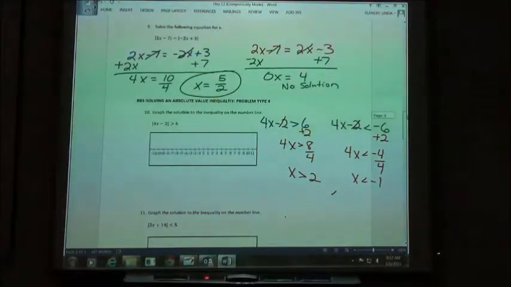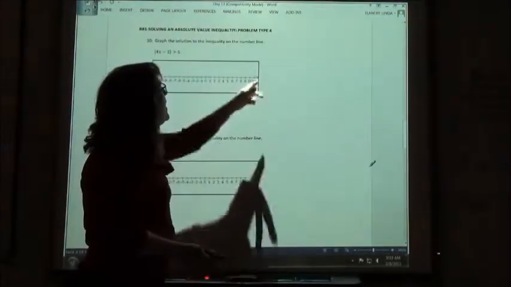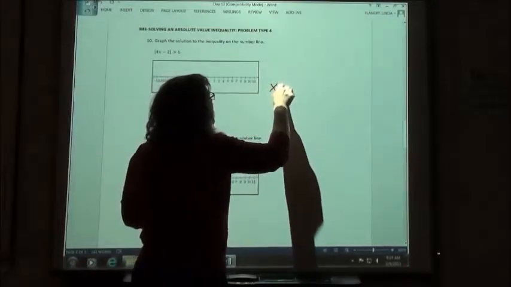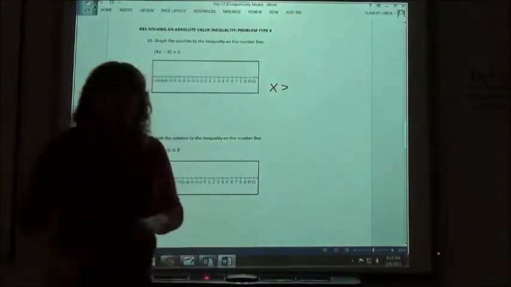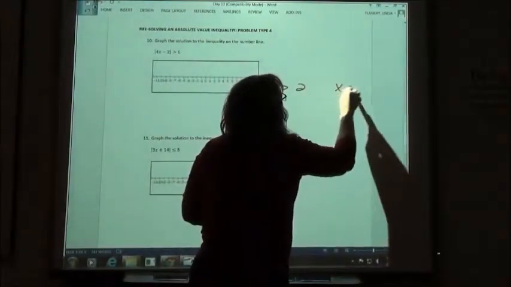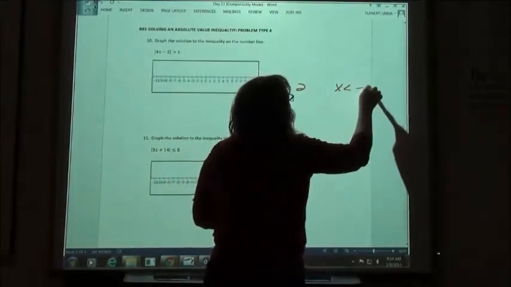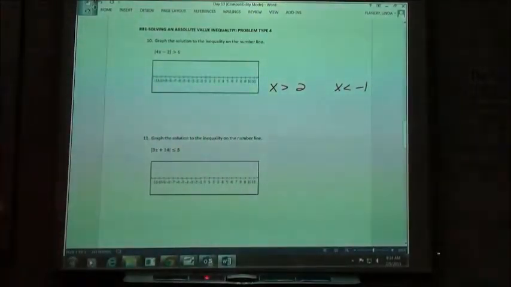Question? On my paper it doesn't say 4x. Now what did I have for my two answers? X was greater than 2. X was less than negative 1. So putting those on our graph,